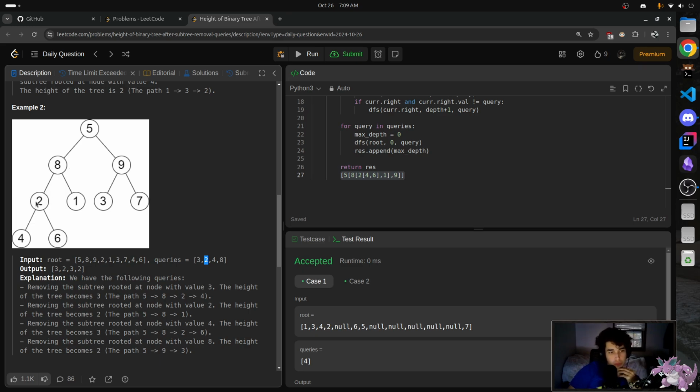But I think that was right. If you know this 2 is a depth of... I feel like I kind of just had it. If you know this 2 is a depth of 1,